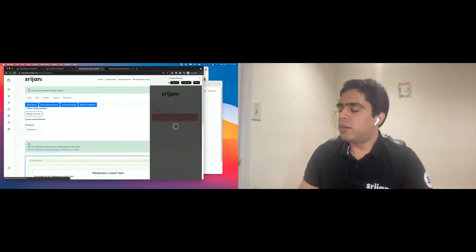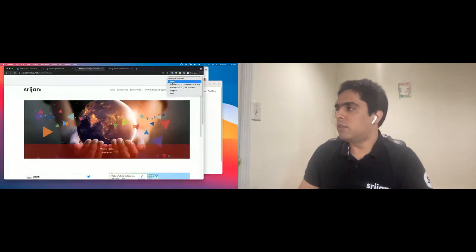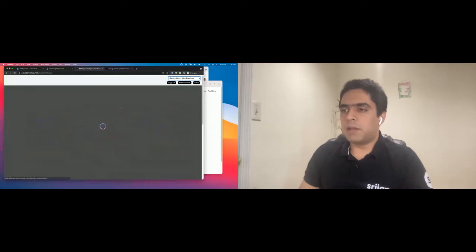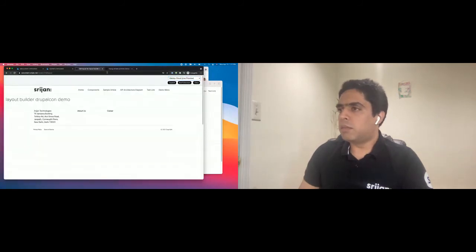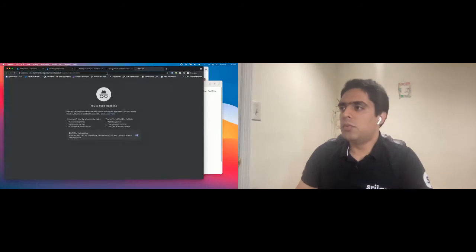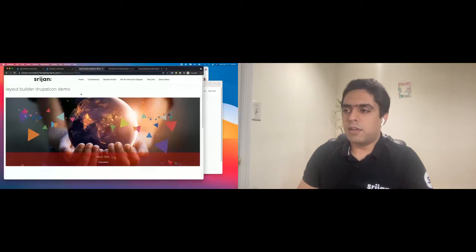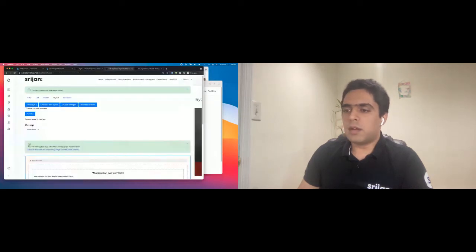We are more concerned about the decoupled interfaces for this session. So let's look at Gatsby Cloud, right? Gatsby is a static site generator. So we have this application hooked up to Gatsby as well. So let me copy this URL, show you by opening it in a new window as well. As you can see, the URL at the top is the custom one that we had provided. You can see we have a hero image, text center aligned, red background, tweet on the left, map on the right, right?